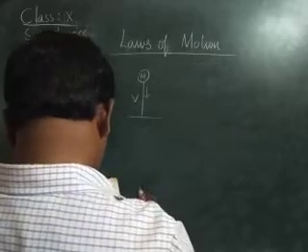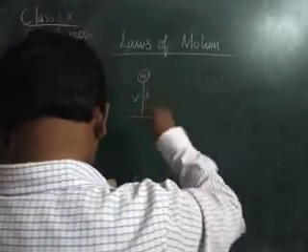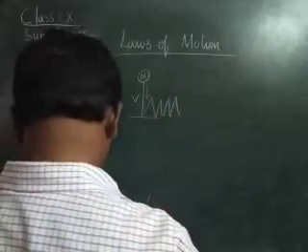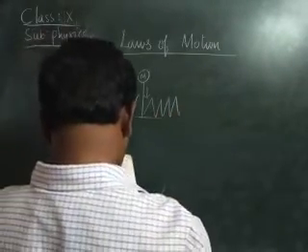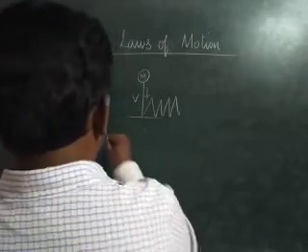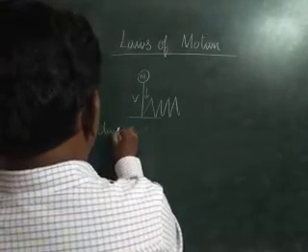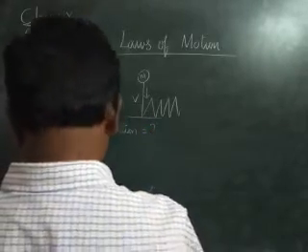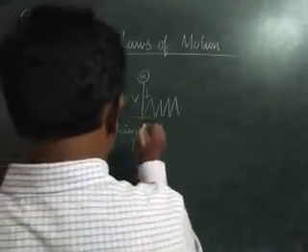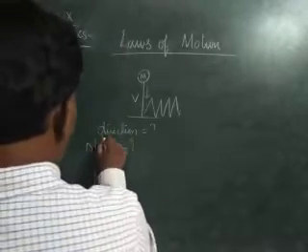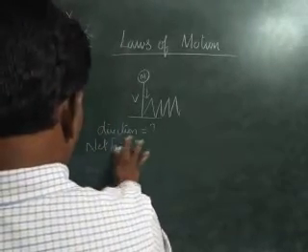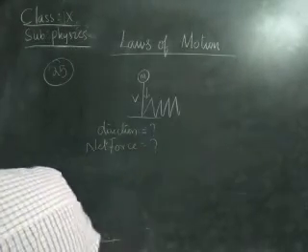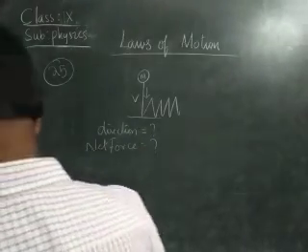It strikes it and rebounds with the same speed, going like this, in the opposite direction. What is the direction and magnitude of the average force? Here he is asking the direction, and here the magnitude of the average force. That means he is asking the net force, and in the same way he is asking the magnitude, children.